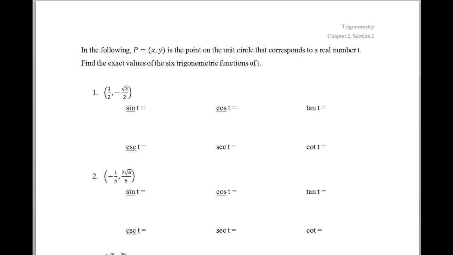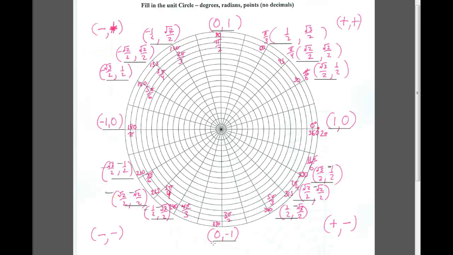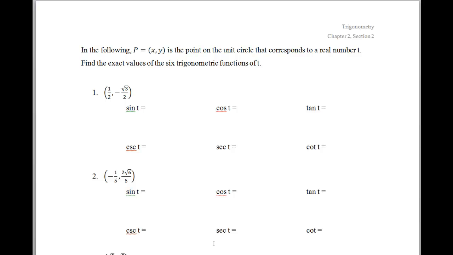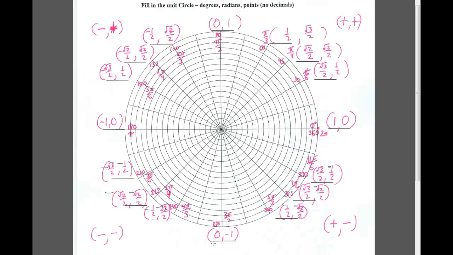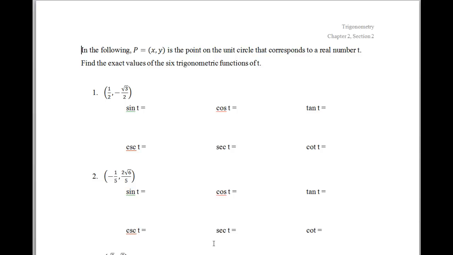We are looking at our trigonometry session 4, which is chapter 2, section 2. And it would be really handy if you had your unit circle. So if you've made a unit circle like this in class, it's good to have that. So please make sure you use this unit circle with this worksheet and you'll find things are going to be